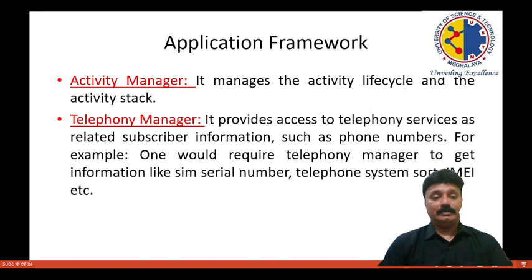Then the telephony manager, it provides access to telephony services as related to subscriber information such as phone numbers. For example, one would require the telephony manager to get information like SIM serial number, telephone system type, IMEI number, etc.